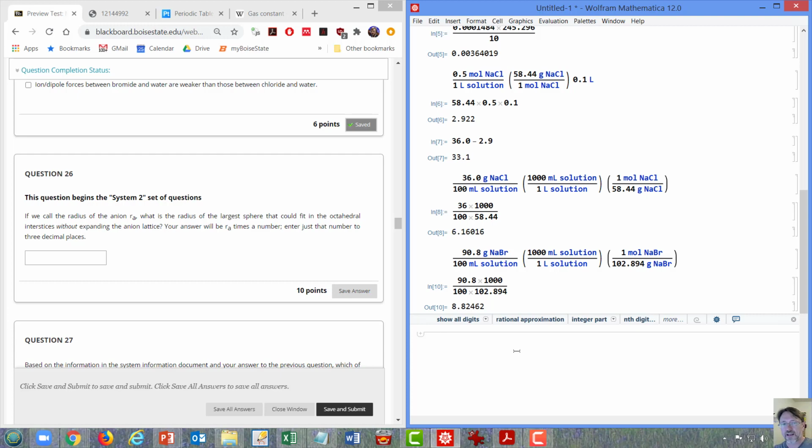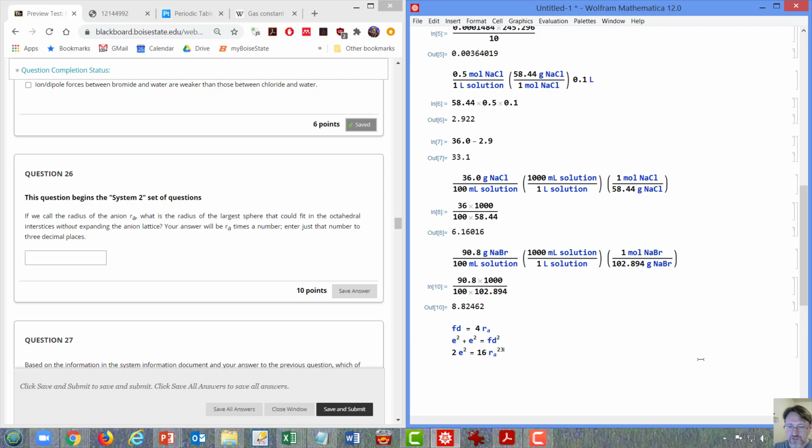We know that anions are touching across the face diagonal. So the face diagonal equals 4 anionic radii. Okay? Now, the face diagonal is also a right triangle where the two sides are the unit cell length. So the edge unit cell length squared plus another one squared, the Pythagorean theorem, equals the face diagonal squared. Okay, so this is 2e squared equals our face diagonal squared, which is going to be 16